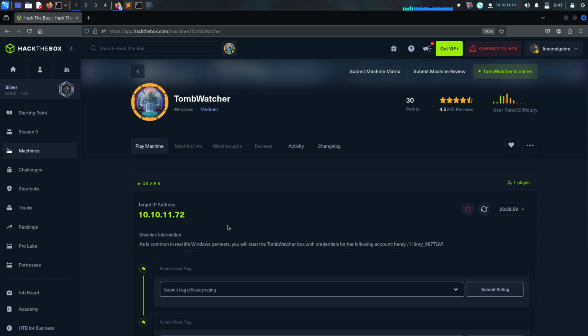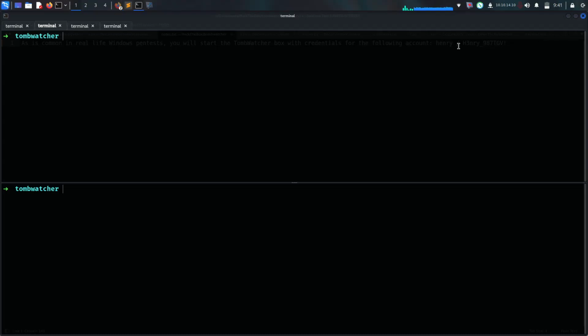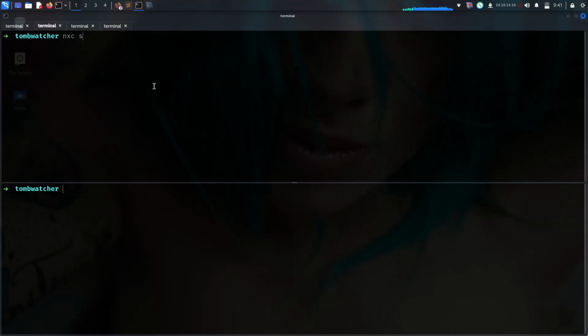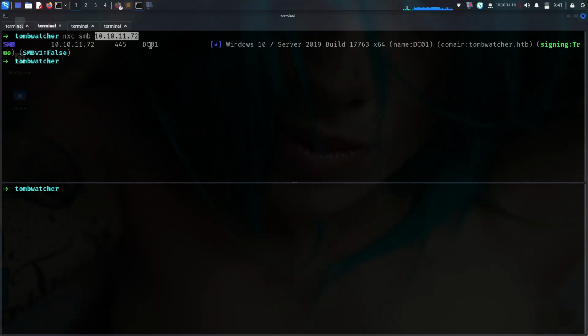So we're going to be starting here with the credentials for Henry and his password, and let's just do basic enumeration on, let's call it, SMB. So what I'm going to call is netexec SMB, and let me give it here the command and see what's actually returned. We just got here DC01 for the DC, and the domain name, which is TombWatcher